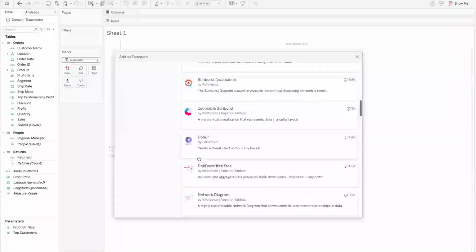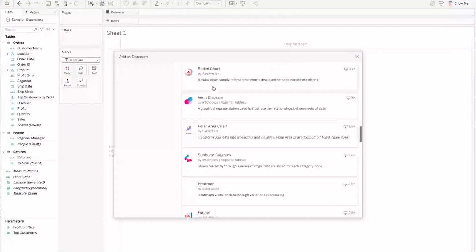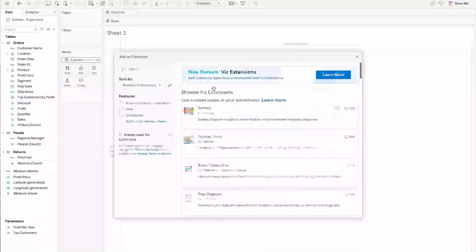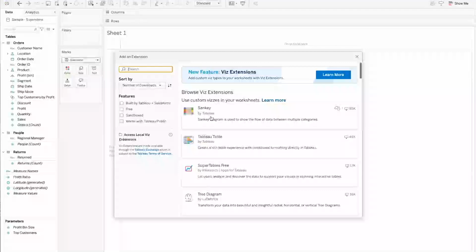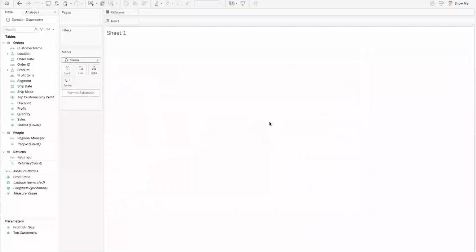So not just InfoTopics, but the data viz, and I think Actin Vision has a few. Let's start with the Tableau Sankey. So if we open this up,